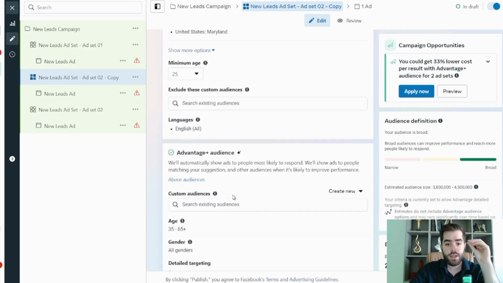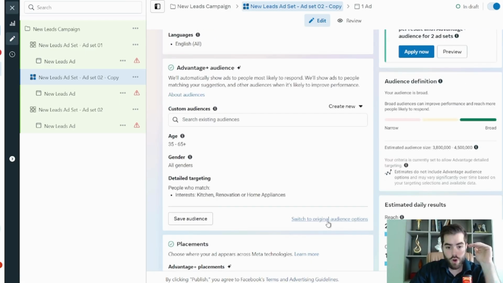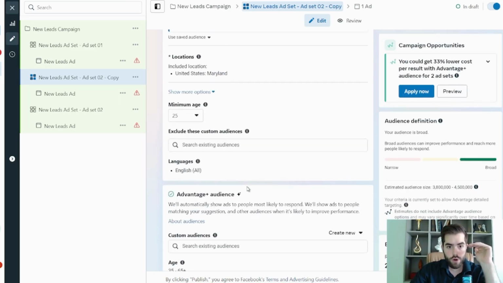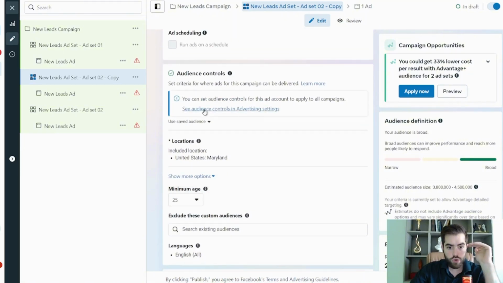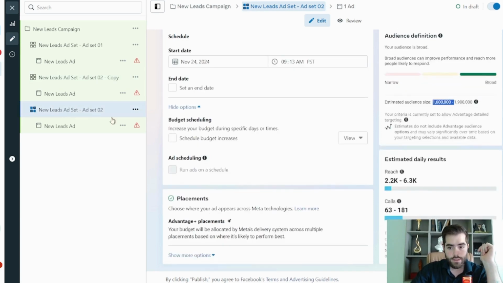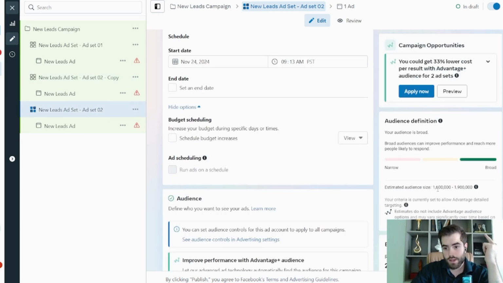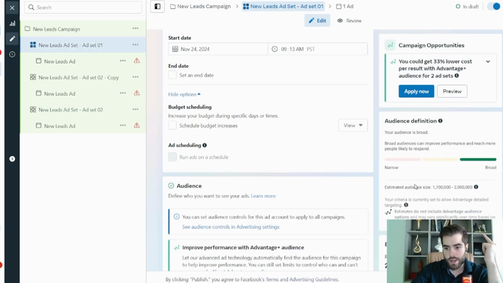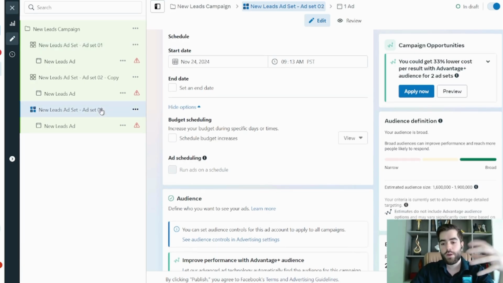And the third one is about the audience. You can go and switch to your new Audience Pro, but when you use the audience controls, you can only get that specific target for your business. And you will see the estimated audience size gets way bigger than the other ad sets. You can see 3 million right here, and this other one is like 1.5 million, and this first one right here is 1,007,100. So we have some difference, with an audience that's going to be way larger,